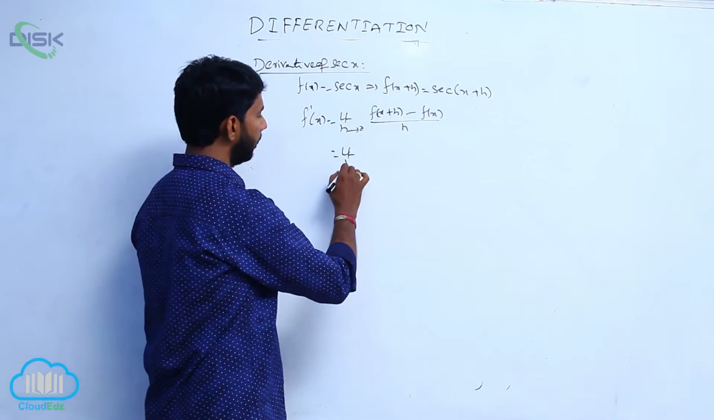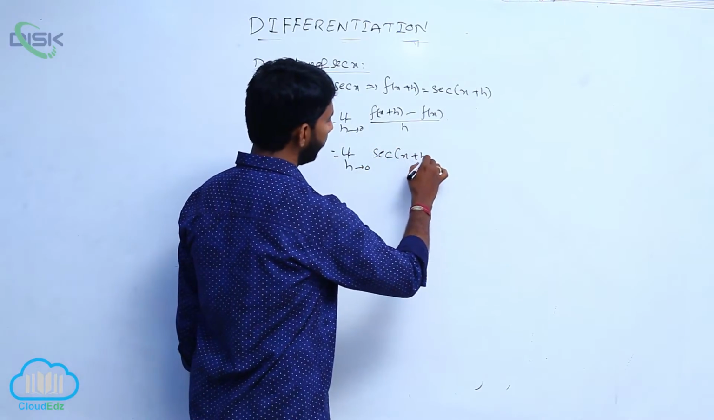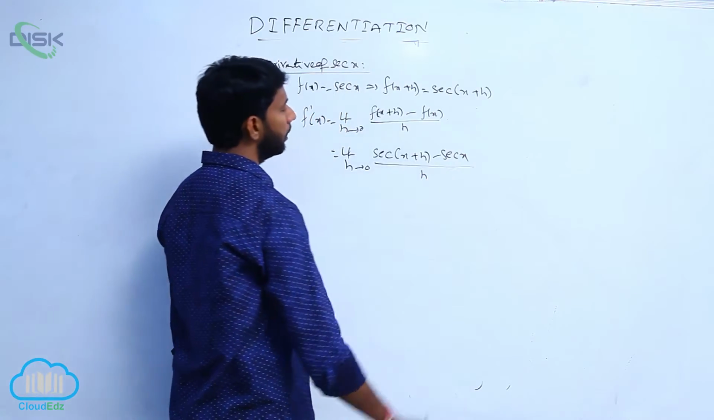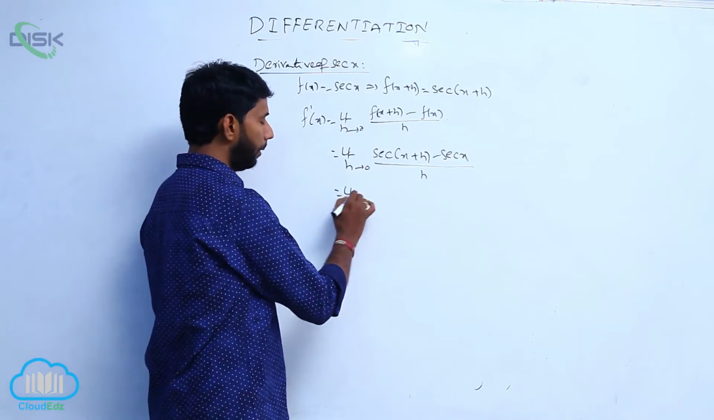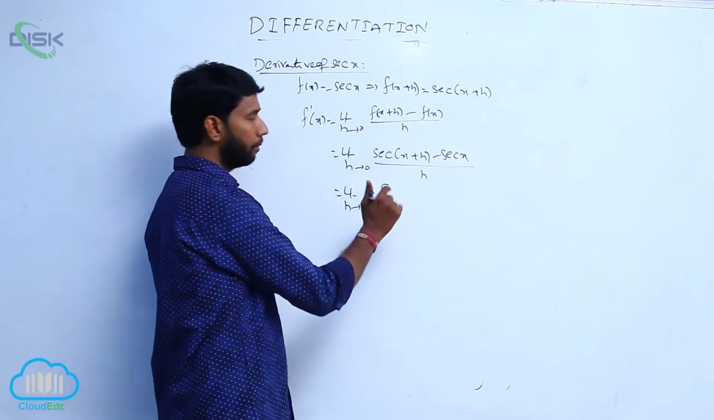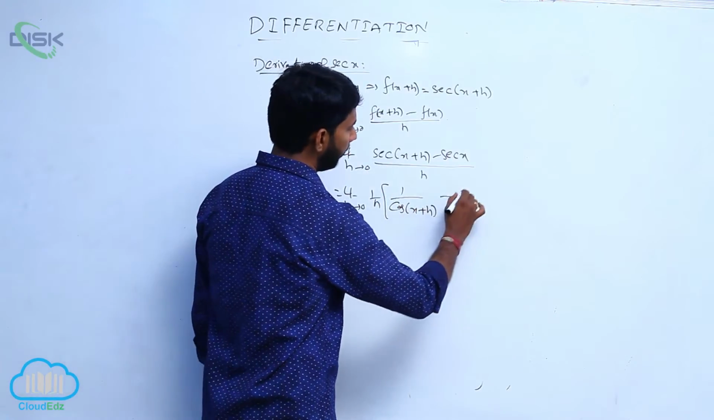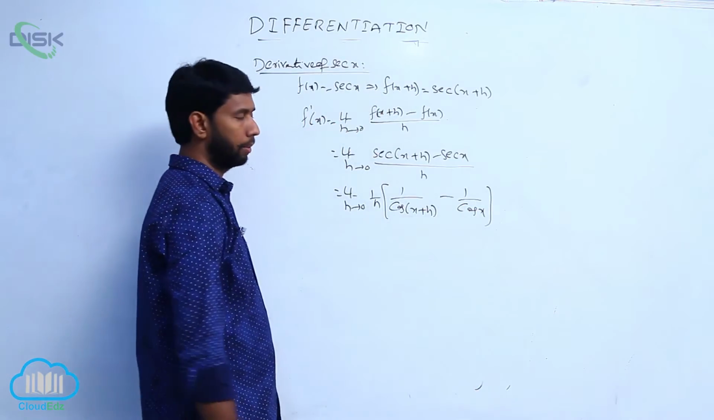That is the limit h tends to 0. Here f of x plus h is secant of x plus h, so secant of x plus h minus secant x by h. That is the limit h tends to 0 of 1 by h. Secant can be written as 1 by cos, that is 1 by cos of x plus h minus 1 by cos x. After LCM,